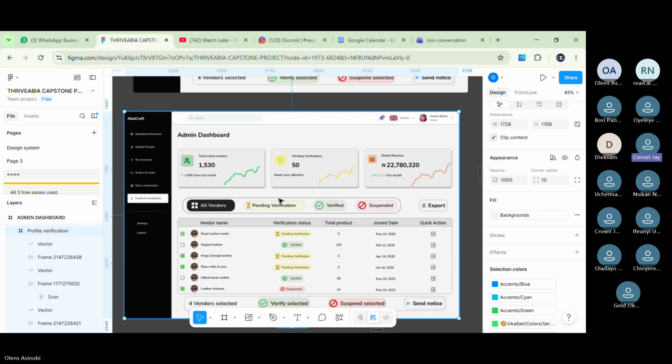So I'm sorry, this admin dashboard, is this not the admin page? Sorry, I'd like to get clarification on that. No, this is not the admin page, right? Remember, what we were building before was the vendor UI. Now, this is the admin UI, meaning if somebody signs up as an admin, anything that we are designing here, they are the only ones that will see it. But this is not the admin page. This is a vendor list page. So it is only an admin that has access to a vendor list page.